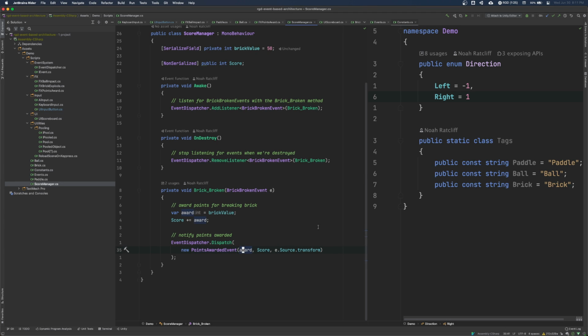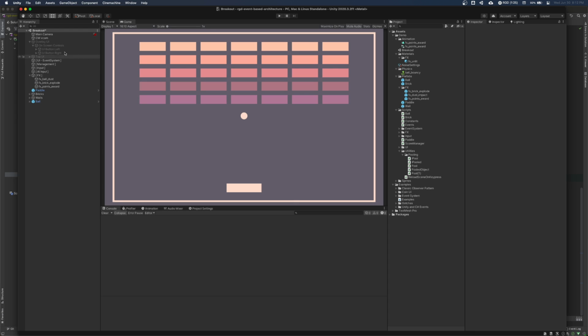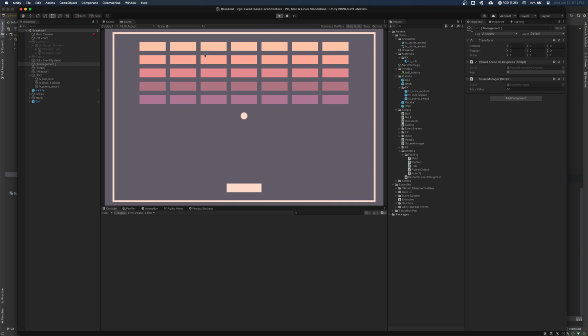And in the points awarded event, we have the award, we have the current score, so we have how much was awarded and what the score is, and then we have this transform source. So in this case, the data that we're concerned with is where the score came from, and that'll come into play for our next little segment. But we have the score manager, so let's go ahead and bring that in. So we'll add our score manager here, right? And we say the brick value is 50, and then we can go and in our game,